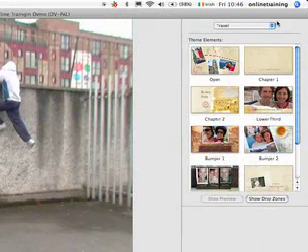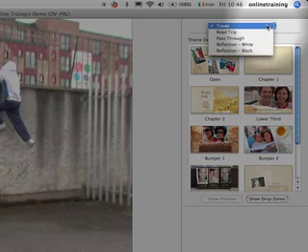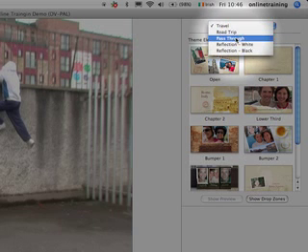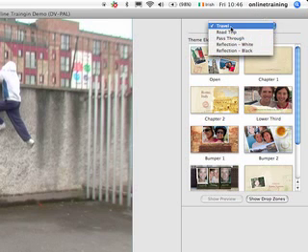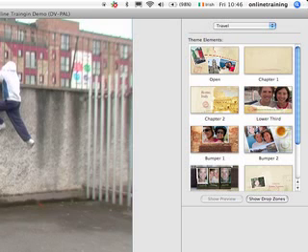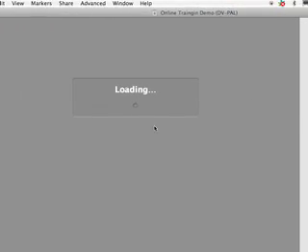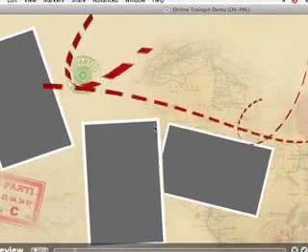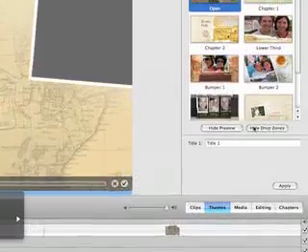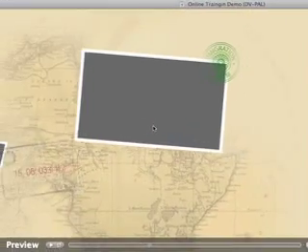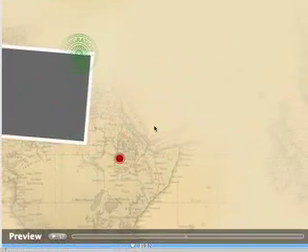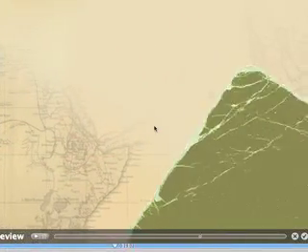So over here we've got a few different options. You can choose from travel to road trip to pass through to reflection. We're going to go with travel. And we have some different themes here. If I click on open, you'll notice that over here in the screen it's going to load a preview for me. And here you notice that there are, I'm just going to click off drop zones for a second, we'll come back to that. Here you notice we have a preview of an animated piece with a map and loads